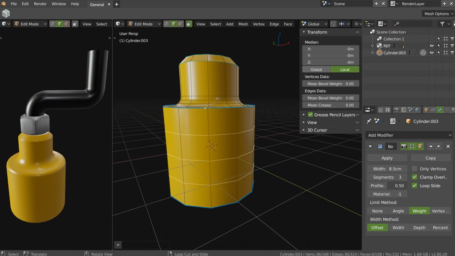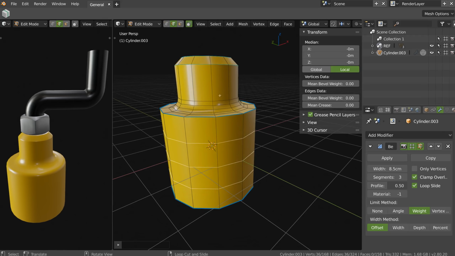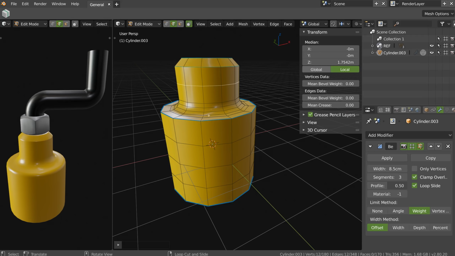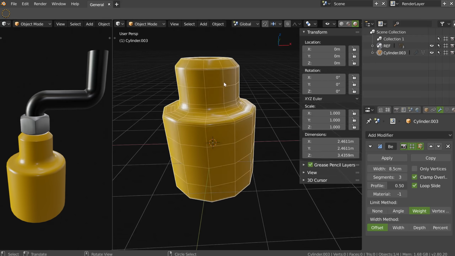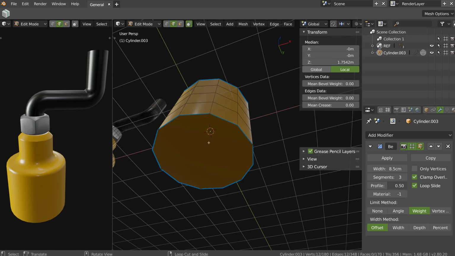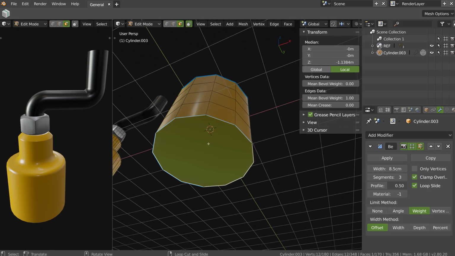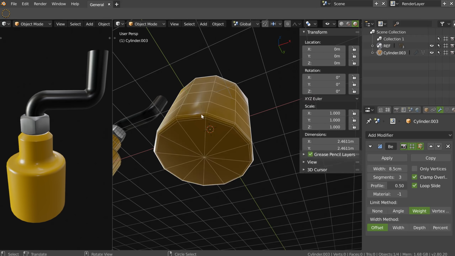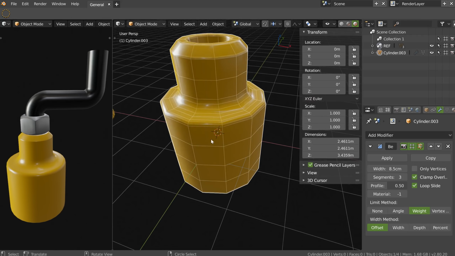I need a square. I never want something like this. This one is great. Without, this is not great. So as you can see, this one is great. I will just select this one. I will press 3 here, and I want to make a poke. So it should be here, poke face, and like this, I have this.